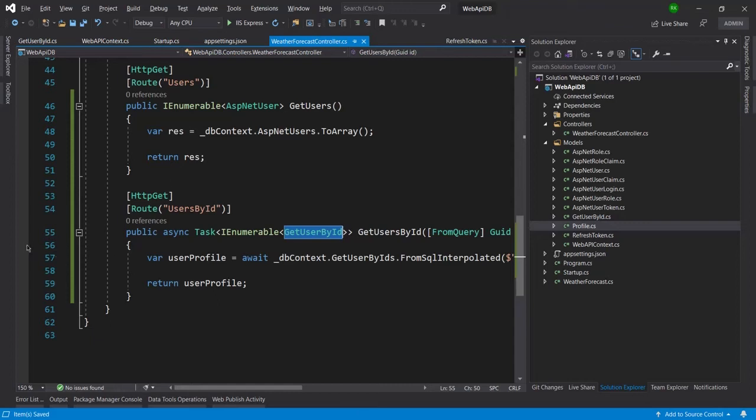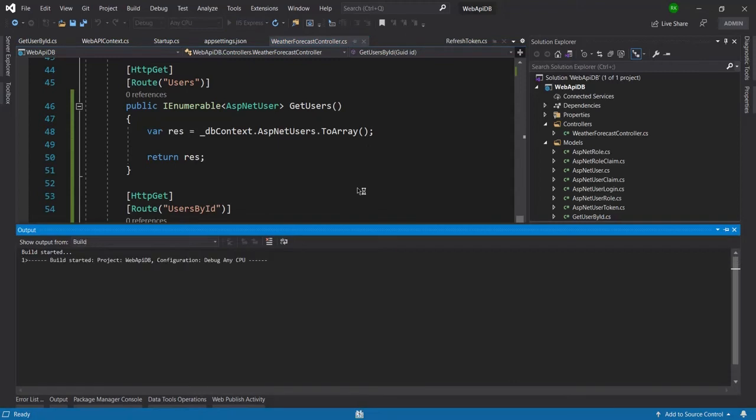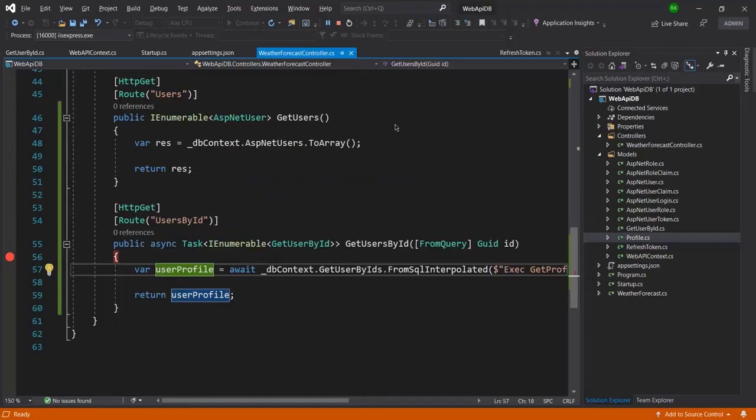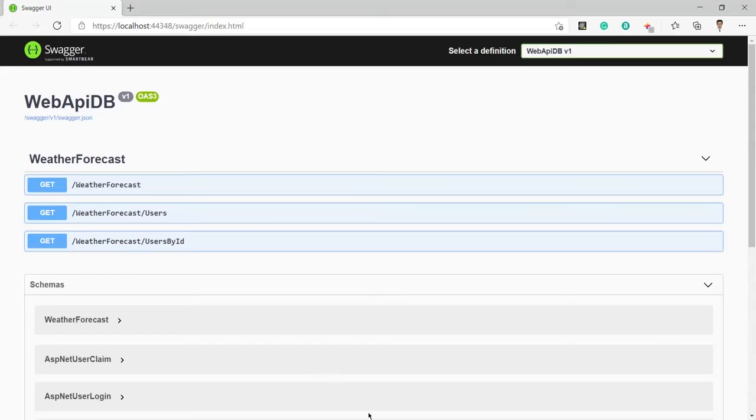So let me put a breakpoint here, and I will run this with IIS Express from here. So let it run first. So here you can see now our project is running. So now let me go to Postman.